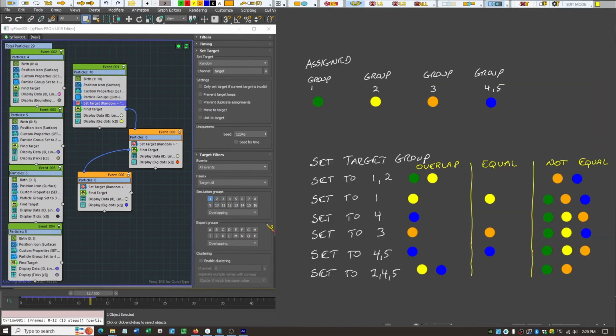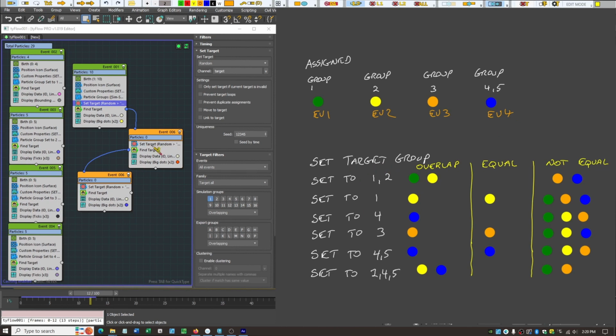So I think the best way to explain this section here is with this visual. If we imagine that we have events and we've assigned these groups to each one of these events, right? So saying this would be event 1 or whatever, event 2, event 3, whatever we want them to be, and say event 4, and these are the groups we've assigned to those events. Depending on what we had set in our